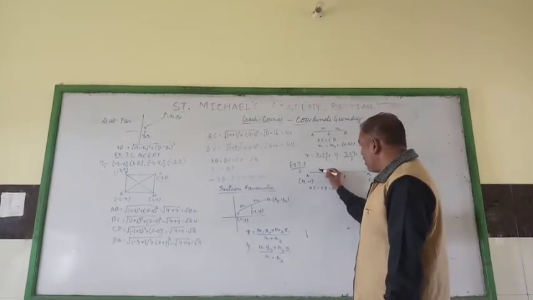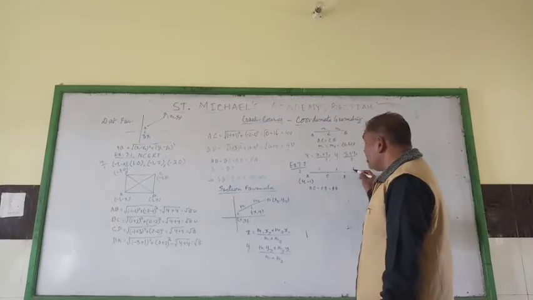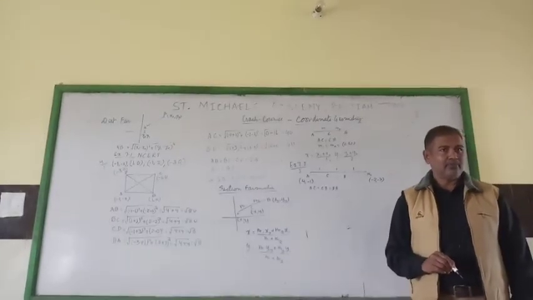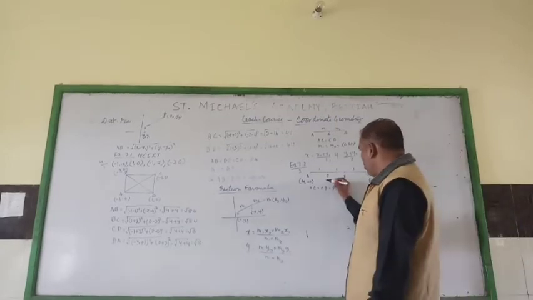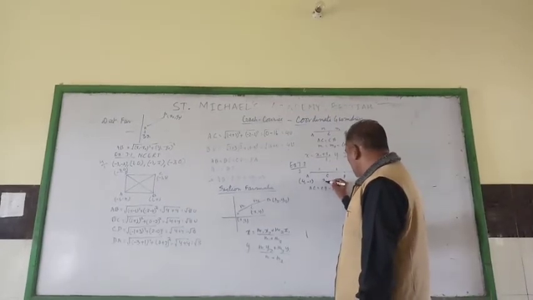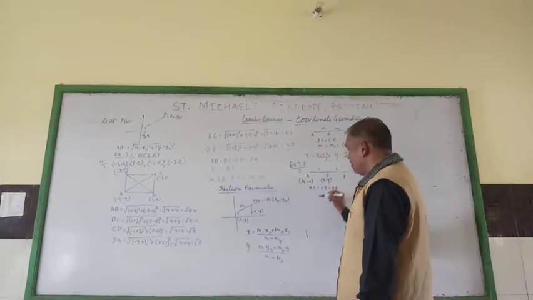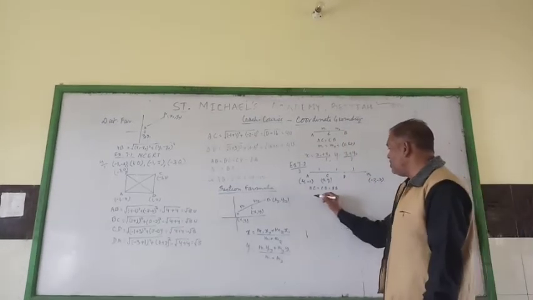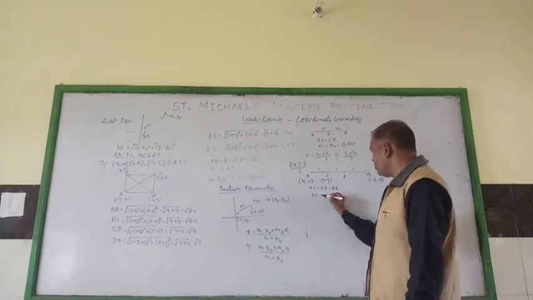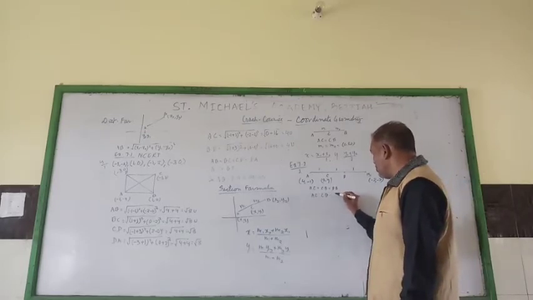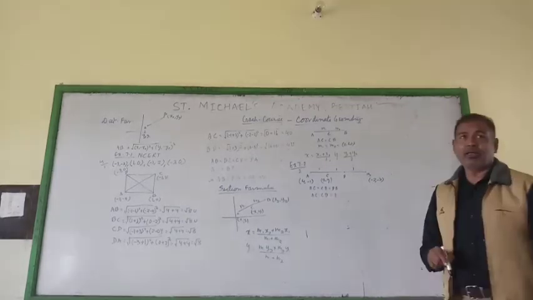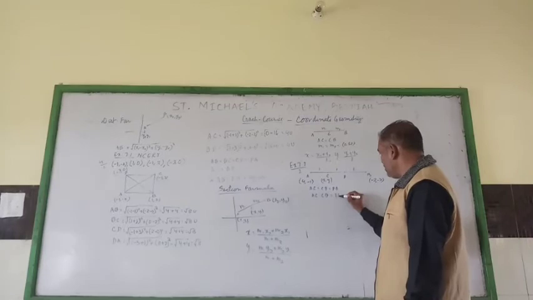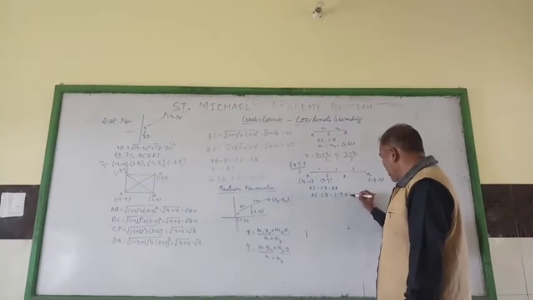अब इसका रेशियो क्या हो जाएगा? 1 हो जाएगा, ये 1 हो जाएगा, ये 1 हो जाएगा, because each one is equal. Now let the coordinate of C be X and Y. In this condition, AC is to CB is equal to 1. AC is equal to 1. What is the value of CB? 2. Very good. 1 plus 1? 2.